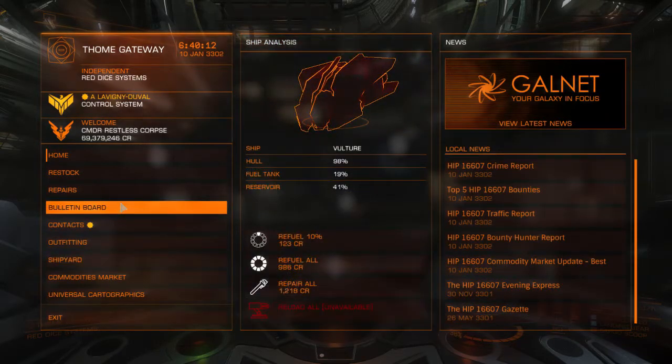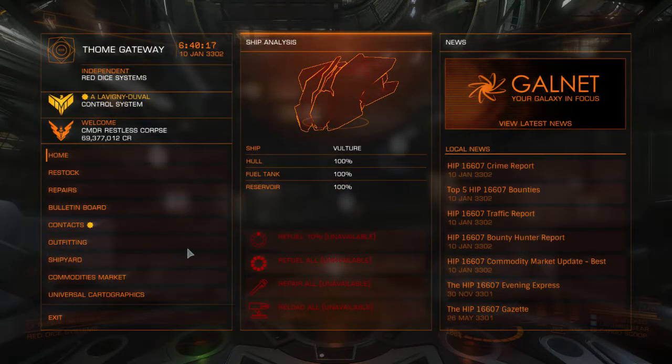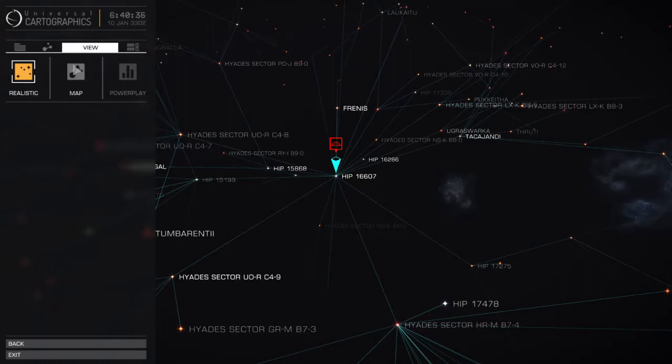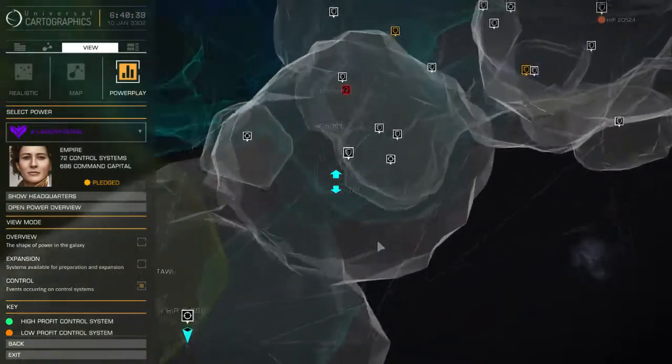In any case, now that we are back home, we're going to start doing missions to raise our rank in the Empire, because we need to get to a certain rank to get an Imperial Cutter. I'll have to go look and see which one it is because I don't know what rank it is, but we'll get there, guys. Also, kind of want to take a trip to the Imperial capital, which is,